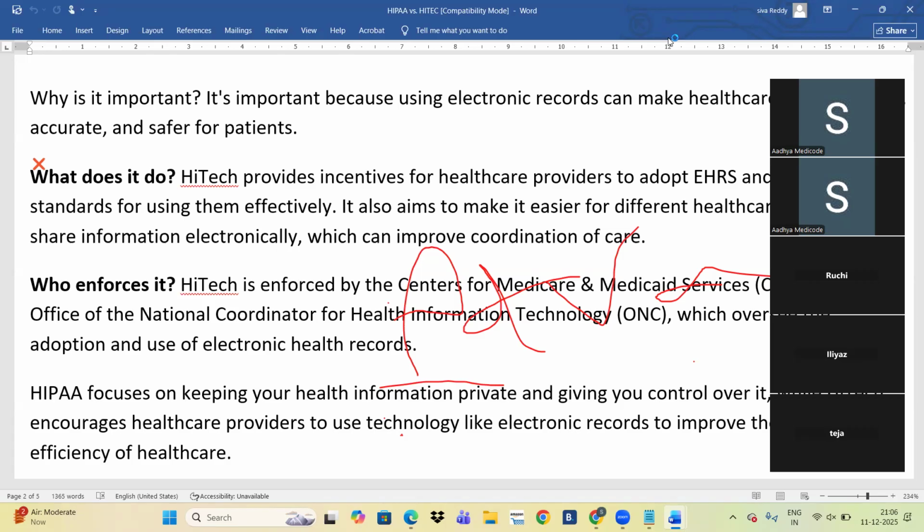Those who use them most properly get incentives. So the HITECH rule establishes the meaningful use of EHR documents, how we need to use proper EHR documents.